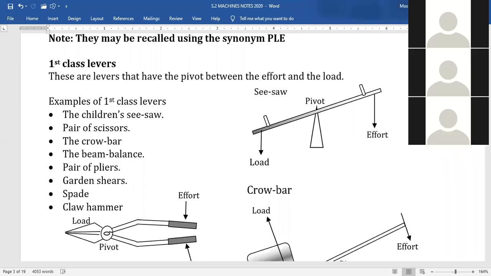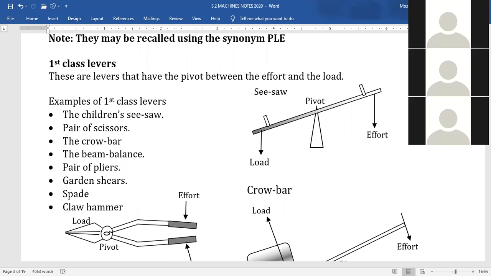These are levers that have the pivot between the effort and the load. Examples of first class levers: the children's seesaw, pair of scissors, the crowbar, the beam balance, pair of pliers, garden